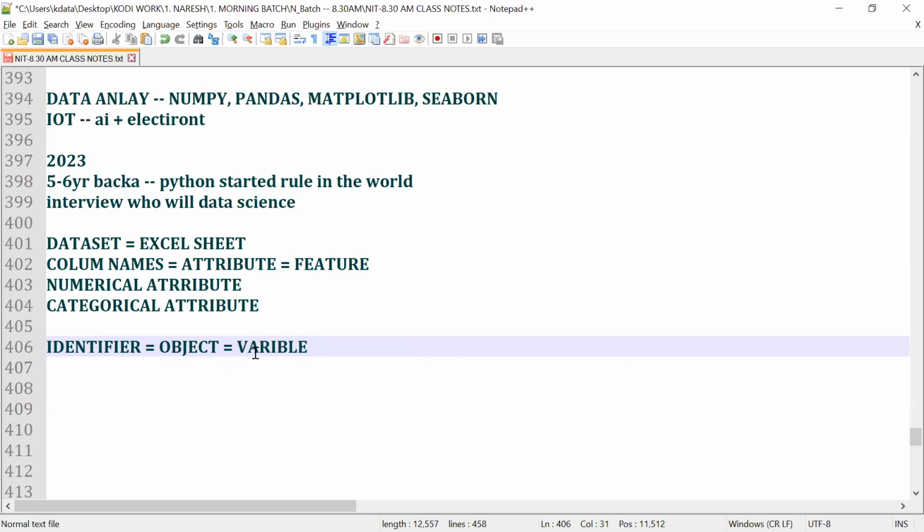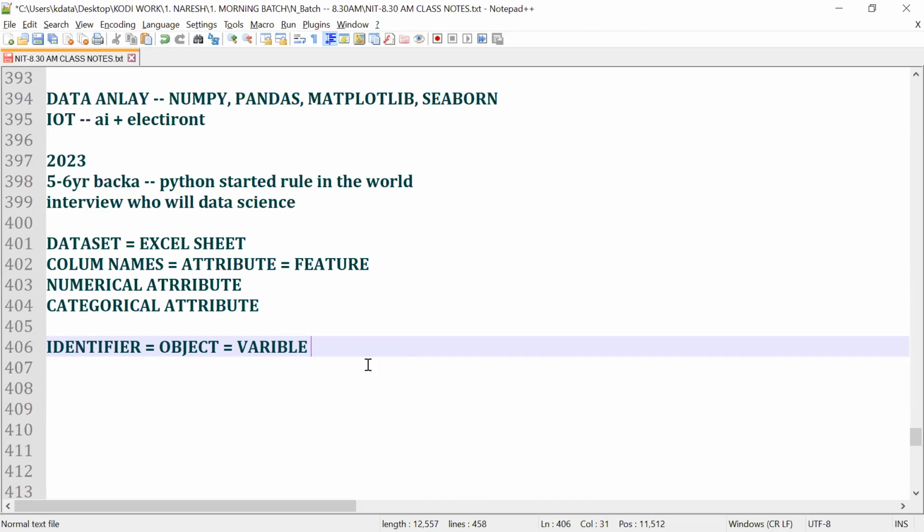When you registered in school, your name is one name, but at home your parents call you Pintu, Chintu, Rintu. These are shortcut names, but both are the same person.